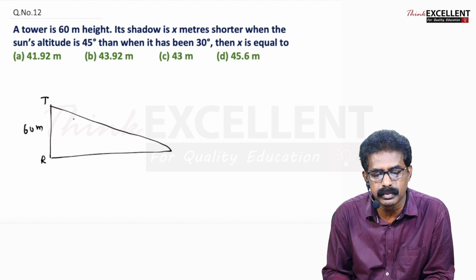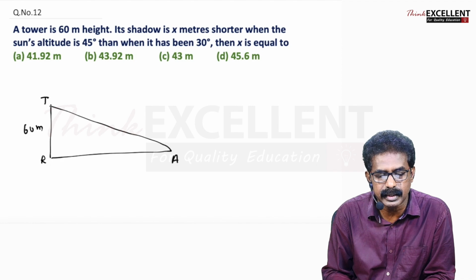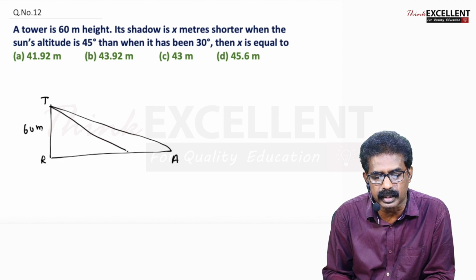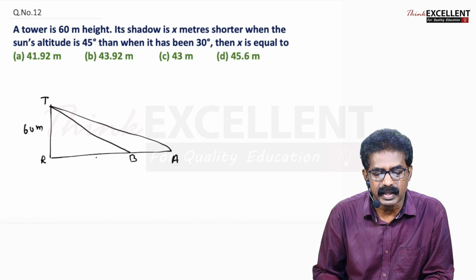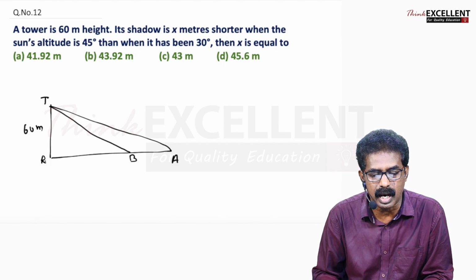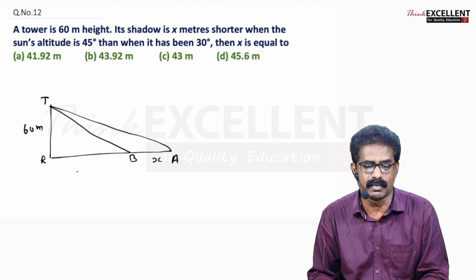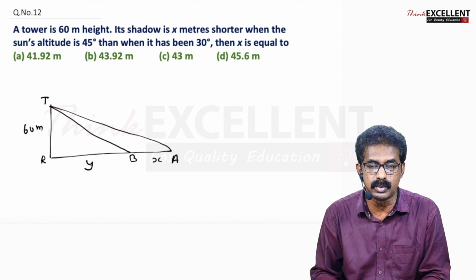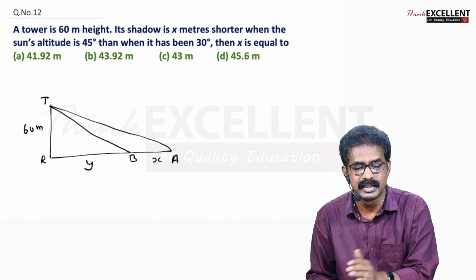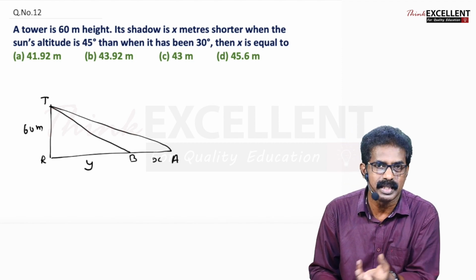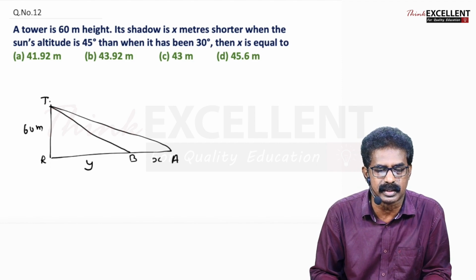So one time this is the length of the shadow, say RA. Second time only this is the length of the shadow. Okay, say this is the length. RB is the shadow. So first one is longer, right? So RA. Second one is only RB. So this I am taking as X. Suppose if I take this as Y, first time RA, that is Y plus X. Second time only this Y. How much shorter now? X shorter. Okay, so easily you can understand.